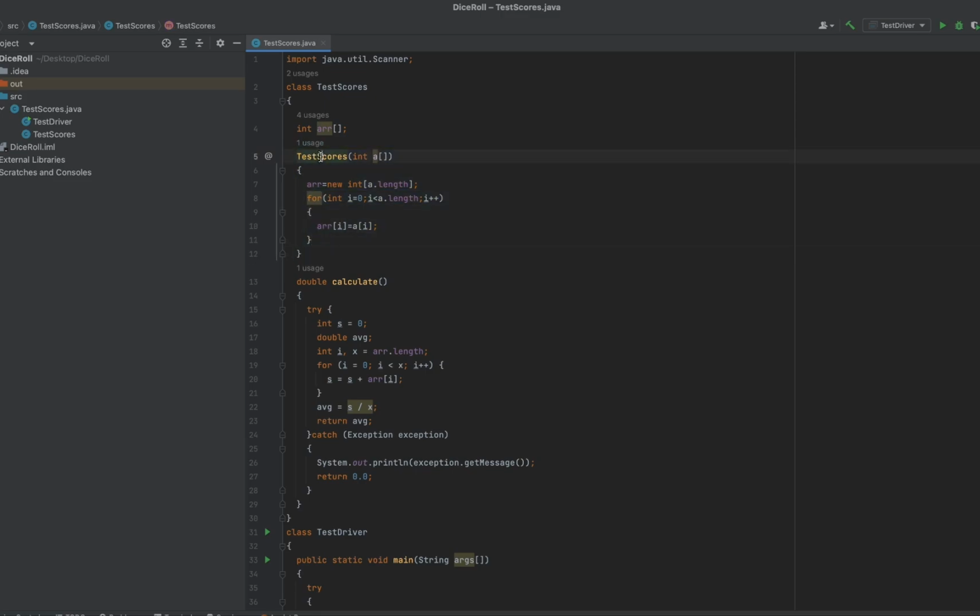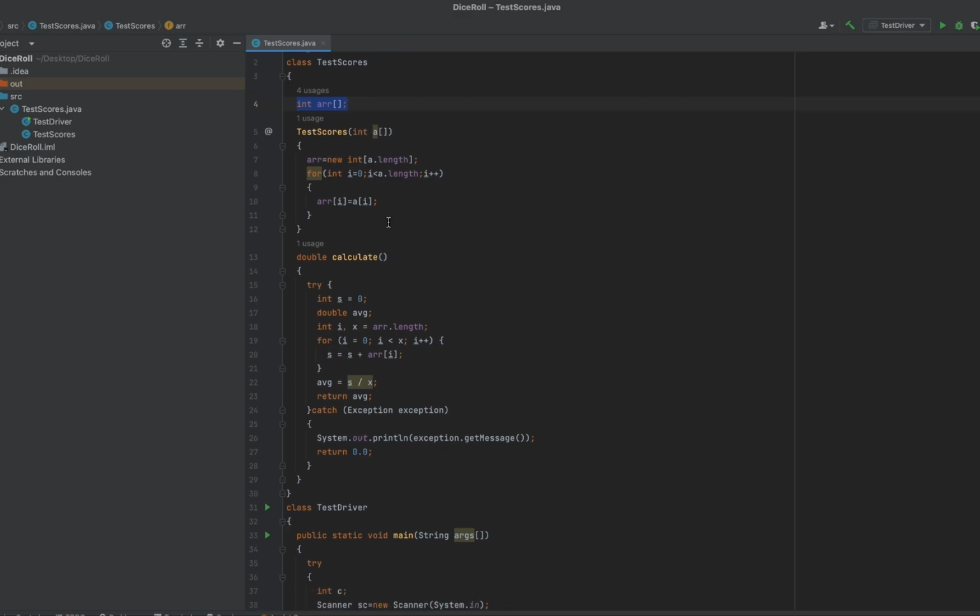As we all know, the name of the constructor is always the same as that of the class. So the argument that we are passing to the constructor is an array. This array will be used to initialize our local array that has been declared in the class. So here, with the help of a loop, I am initializing the local array in the class with the array which I passed in the parameters.